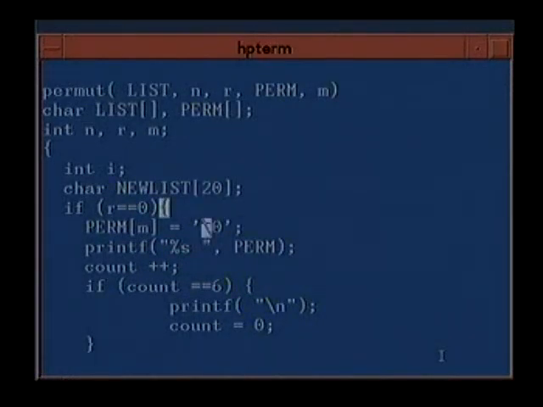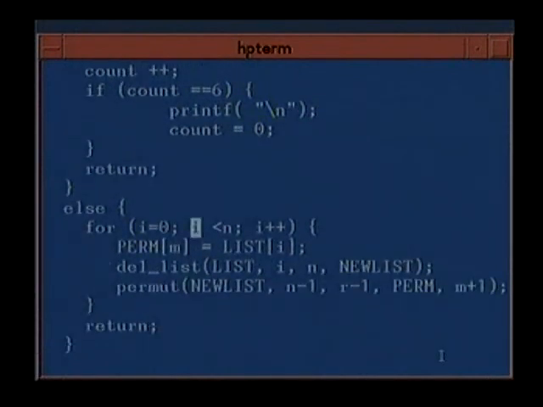If r is equal to 0, perm[m], we put a \0 at m and we print it. And this part is just for pretty printing, so that only 6 elements are printed per line. That is why, if count is 6, I put a \n. There is nothing else here. So we do perm[m] equal to \0 and do a printf, and return obviously.